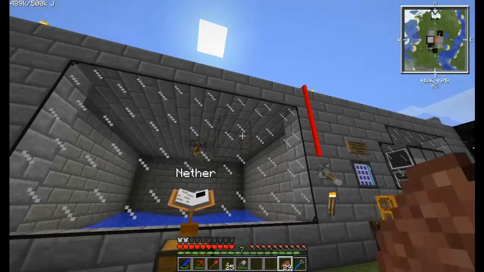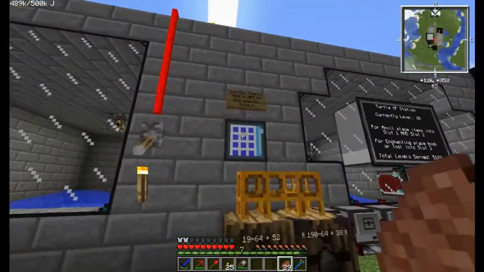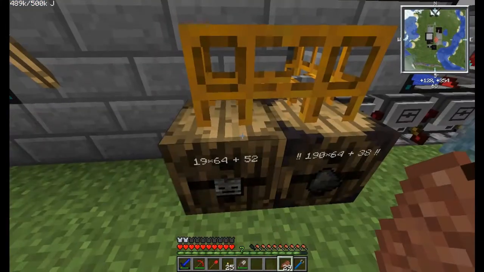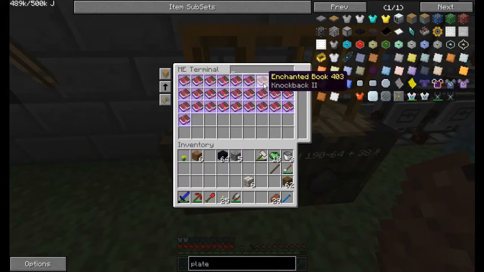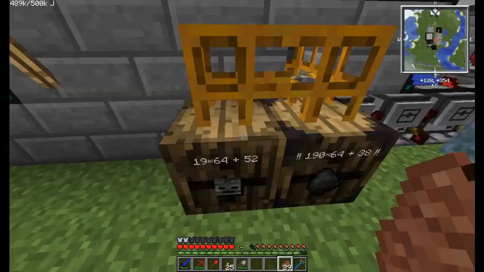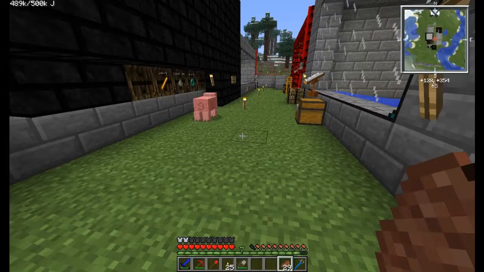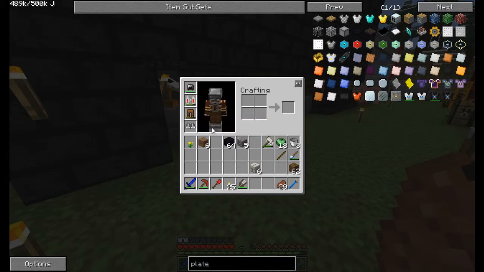Okay, so here is blaze rods. There are a bunch of books, I believe. Protection, Soul Stealer, Power 3. Oh, this is another thing that I did. You saw the little tinker table in the corner, perhaps? I built power armor feet. And I didn't put anything on them except for...